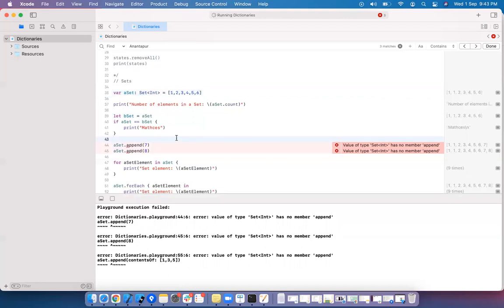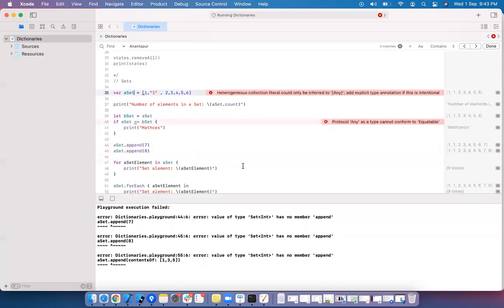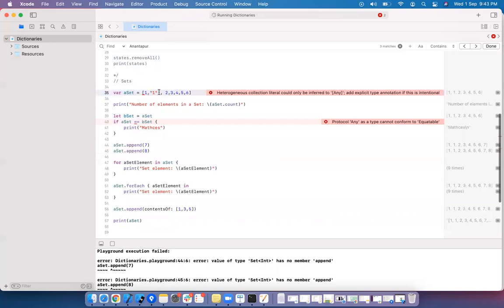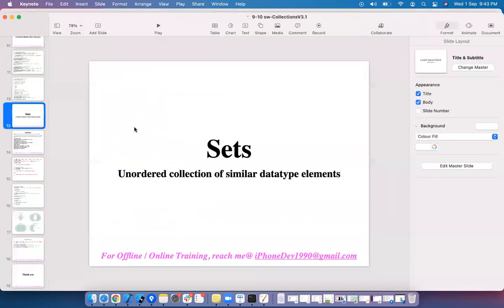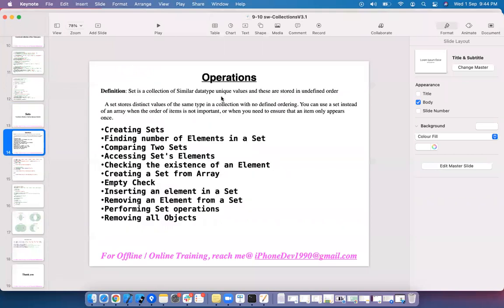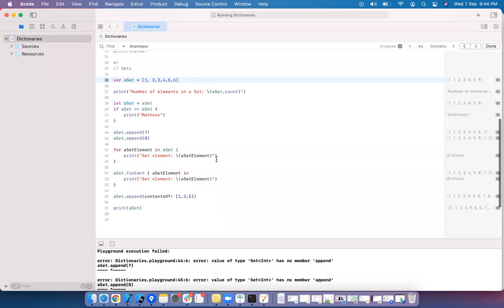Sorry, we made a mistake actually. That is why I'm thinking why it is accepted. Actually, set does not hold duplicate elements, only unique values. That is the reason why it is coming double one.